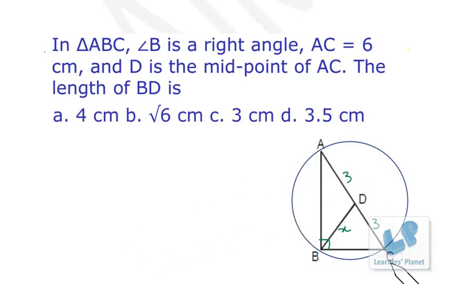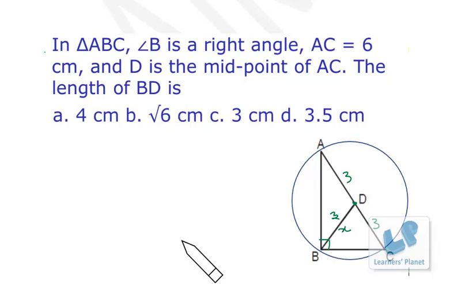See, in this triangle and in this circle, right? If this angle is 90 degree, that means AC, this is angle in semicircle, so if it is 90 degree, that means AC has to be diameter. If AC is diameter, that means D is the center of the circle, because D is the midpoint of AC. So this is the center of the circle. So this 3 and this 3 are nothing but the radius of the circle. In that case, BD, that we have to find out, will also be radius of the circle. So it has to be 3 centimeter only.